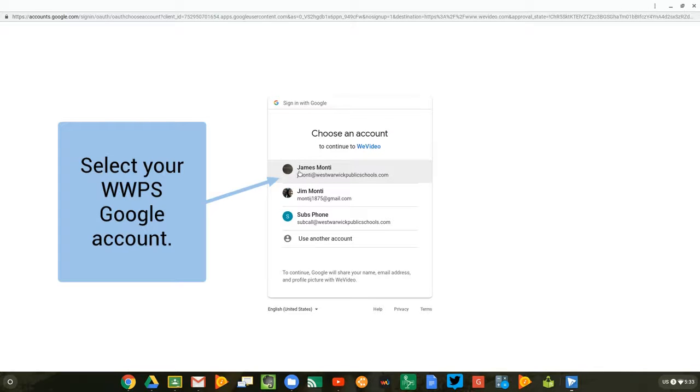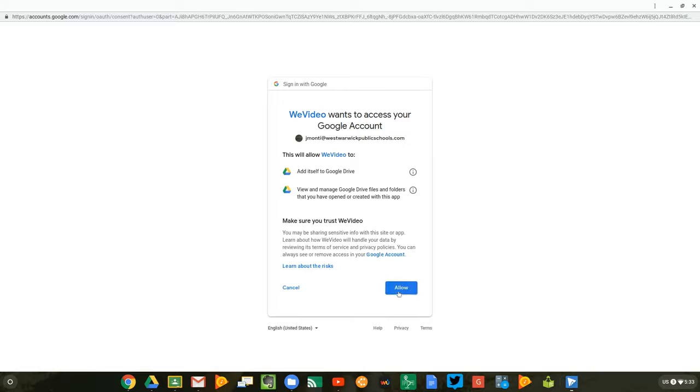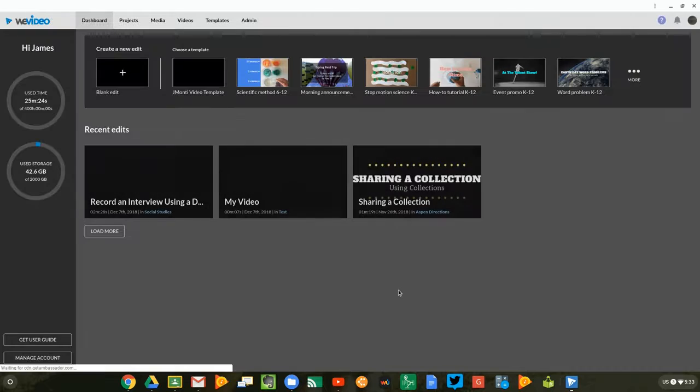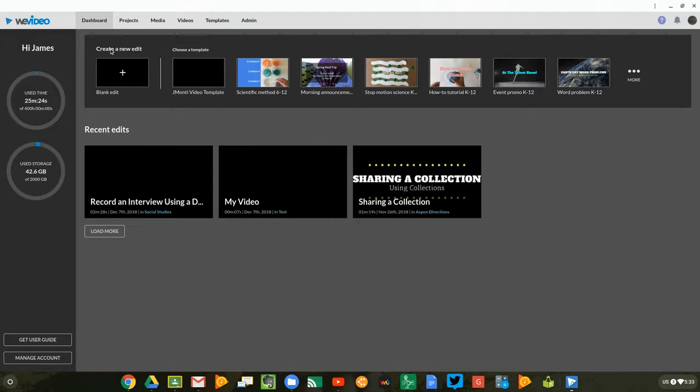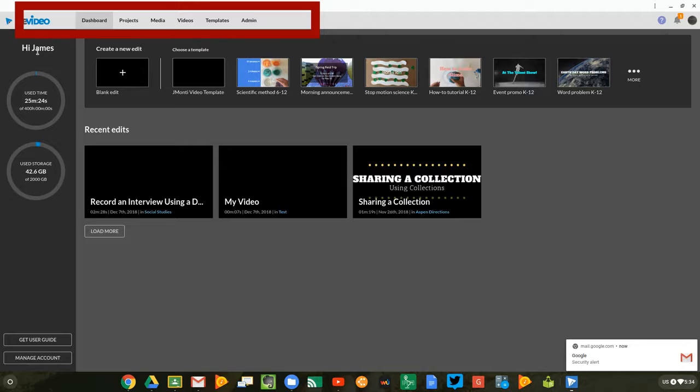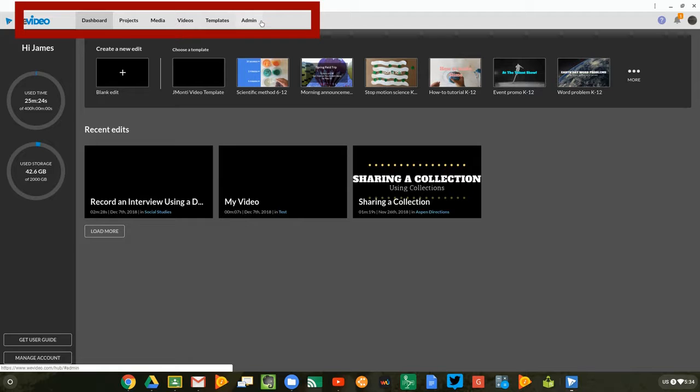So you'll have to choose your account. Choose your West Warwick Public Schools account and allow access to Google Drive and management of your Drive folder. So when you do that, it'll bring you to the dashboard area of WeVideo. It should show your name. It will also show you projects, media, videos, templates, and those of you with admin rights will see the admin